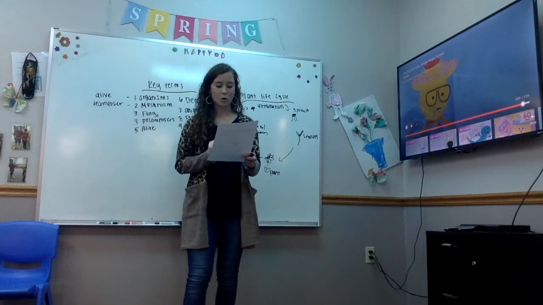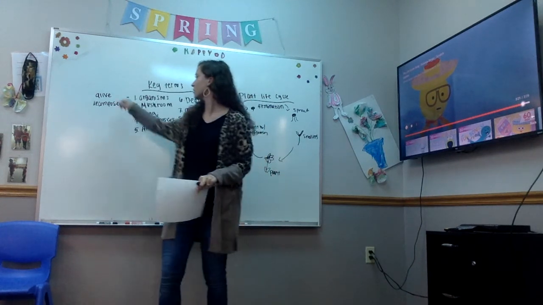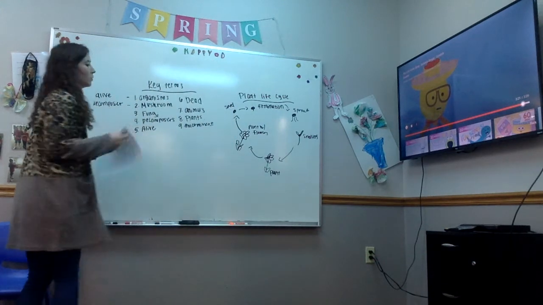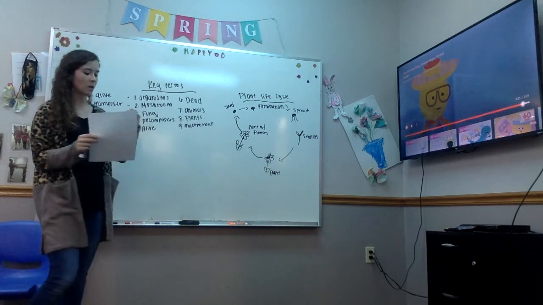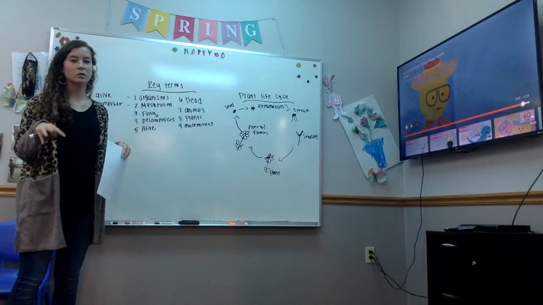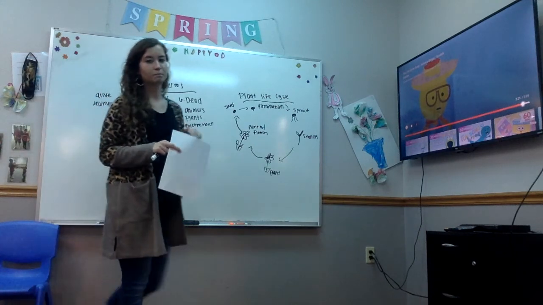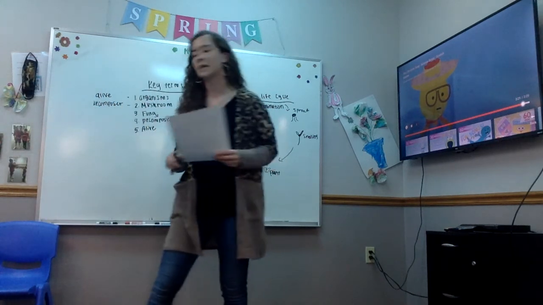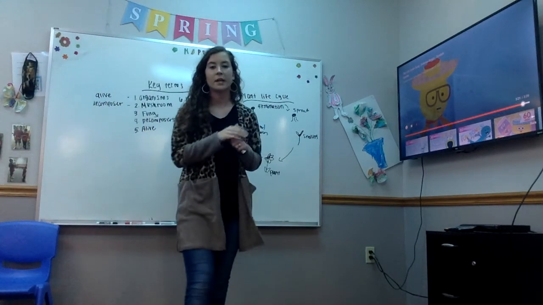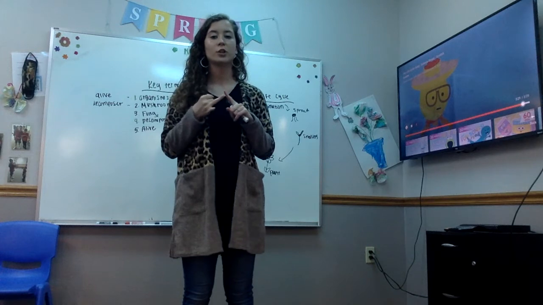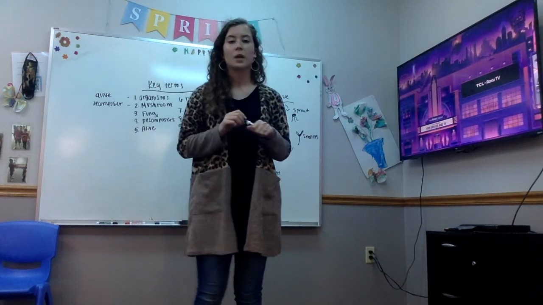And what about a plant or animal's surroundings? What is that going to be? Let's look through our key terms and see what is going to be a plant or animal's surroundings. That's right, it's going to be its environment. So now I'm going to pass around your sheet, and you're going to fill in some of the key term questions, and you're going to do the life cycle questions on there as well.